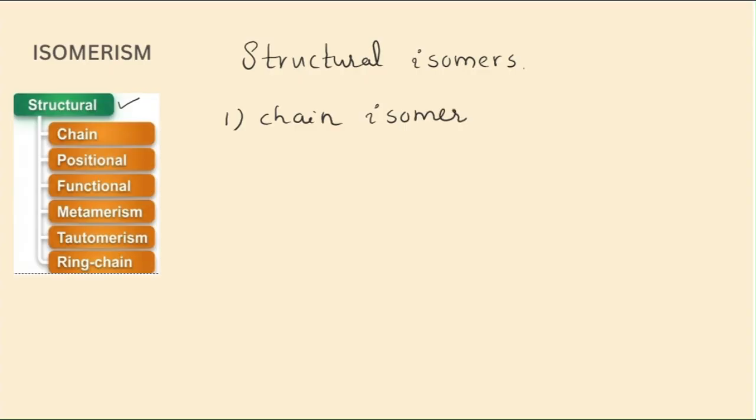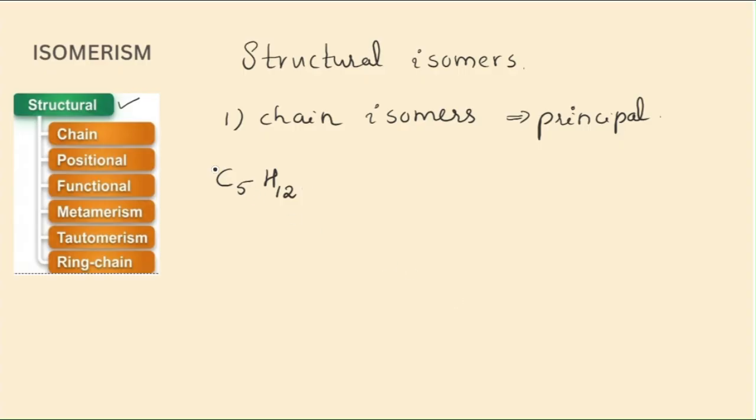The chain isomers have the same molecular formula but a different number of carbons in the principal chain. That's why we call them chain isomers. In the longest chain of carbons, there will be a different number of carbons. For example, let's say